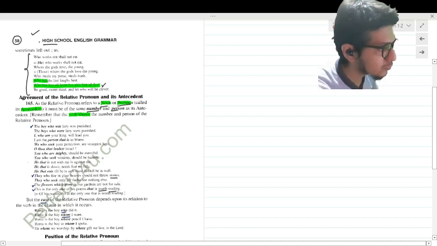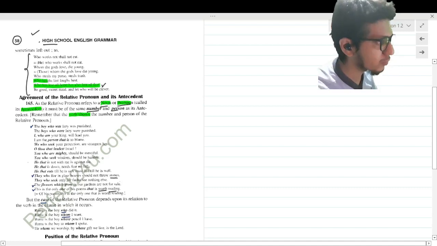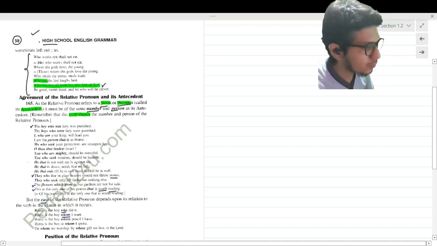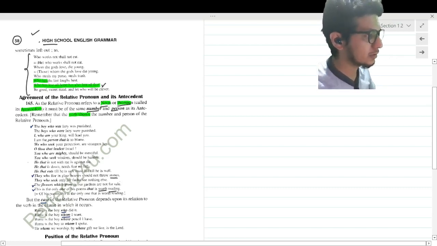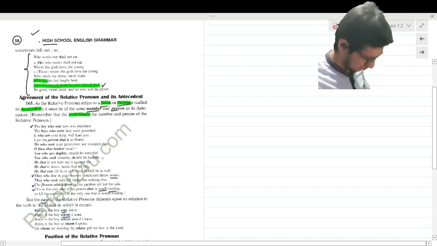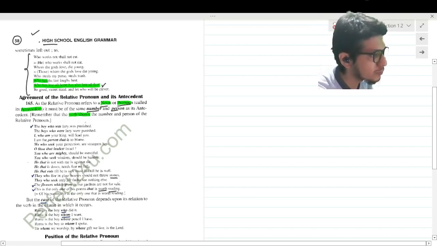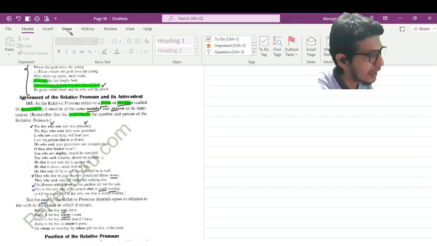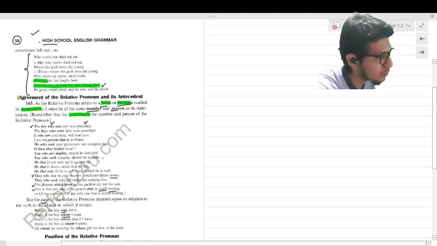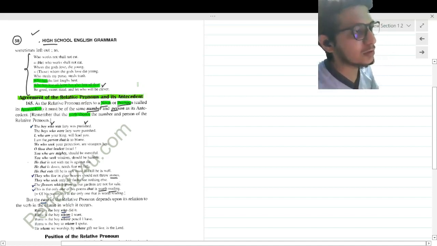Agreement of relative pronouns and its antecedent. As the relative pronoun refers to a noun or pronoun called its antecedent, it must be of the same number and person. The boy who was lazy was punished. Okay, here who is the relative pronoun? Here, agreement of relative pronoun and its antecedent is mentioned. Okay, I am highlighting the headline of this discussion. Okay,